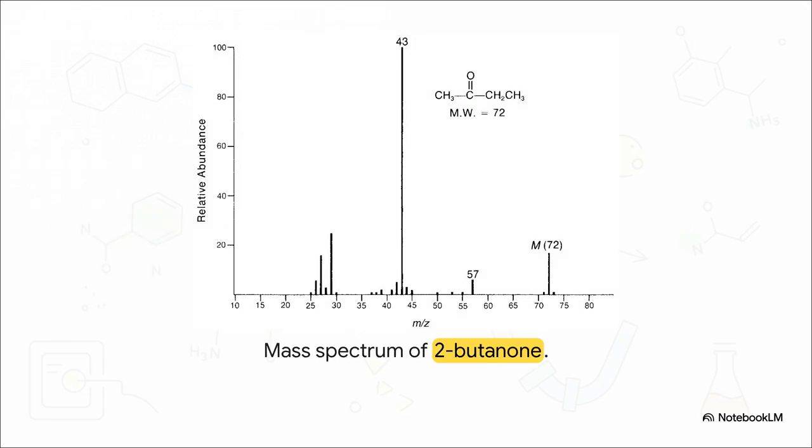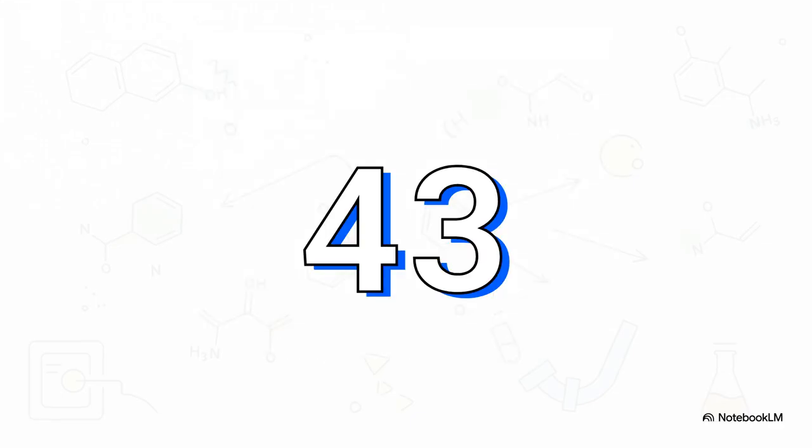And here, Stevenson's rule is back in full effect. If we look at a molecule like 2-butanone, it's got a methyl group on one side and an ethyl group on the other. True to the rule, it preferentially loses the larger ethyl group via alpha cleavage, and that forms an incredibly stable acylium ion. Because of that preference, the resulting m/z 43 peak becomes the dominant acylium ion signature. It's exactly what you'll constantly be looking for when trying to identify aliphatic methyl ketones. It completely dwarfs almost everything else in the spectrum because that carbon-oxygen triple bond structure it forms is just so